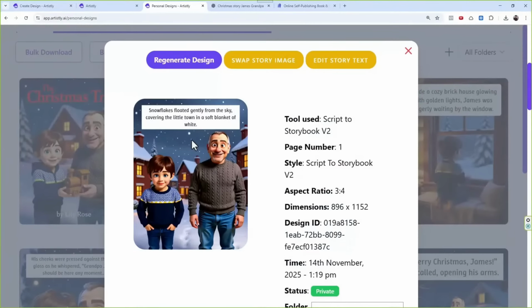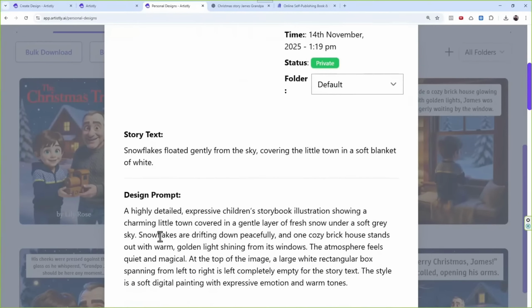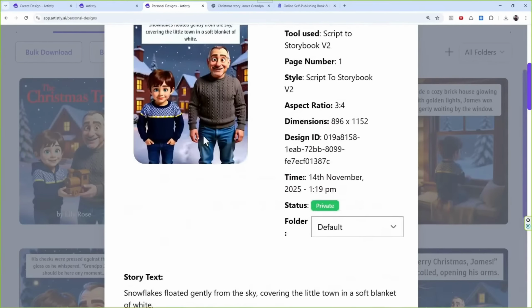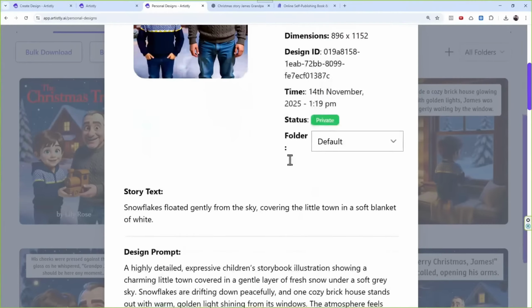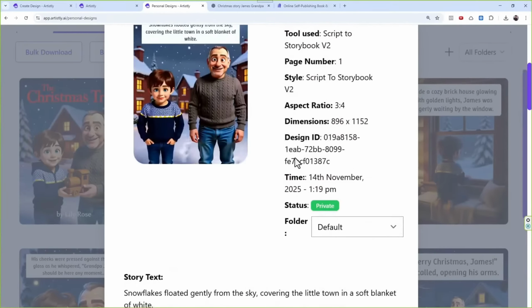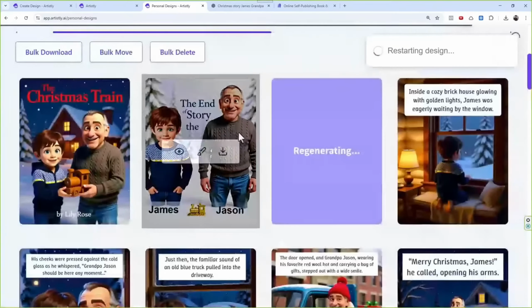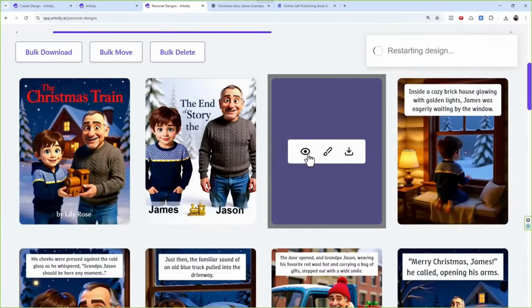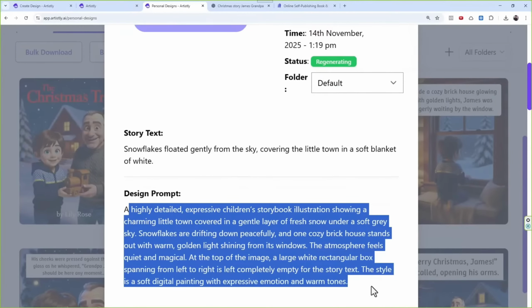Okay, yeah. You know why they are coming like this? Because if you see in the design prompt, there's no mention of Jason or James. It's just a snow, right? So when it happens, it does not kind of understand that, right? And that is why I'm telling you, if you just regenerate it, you will get better results, because it's not the AI, it's just the prompt that does not even talk about James